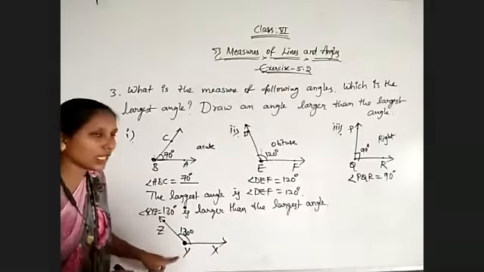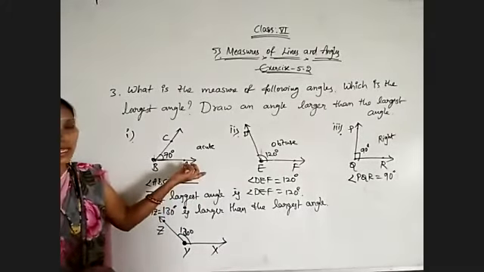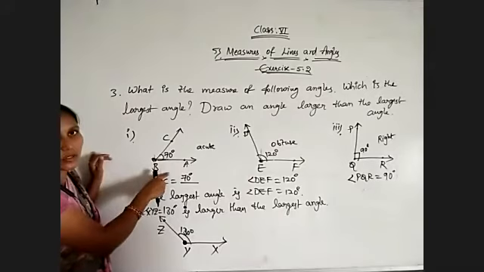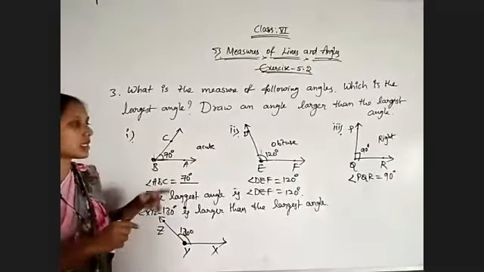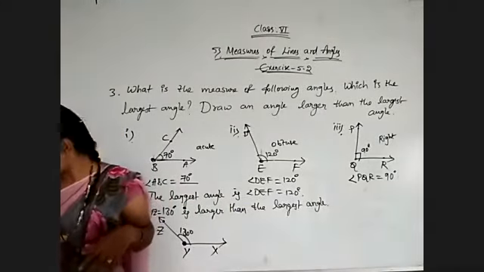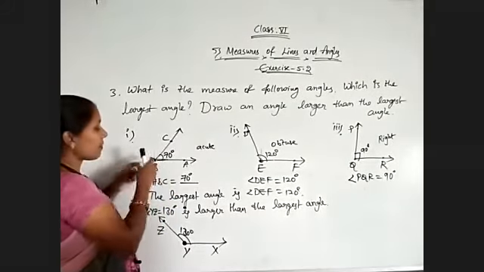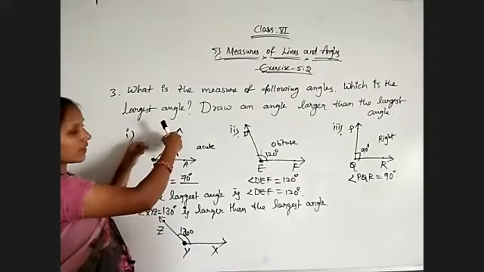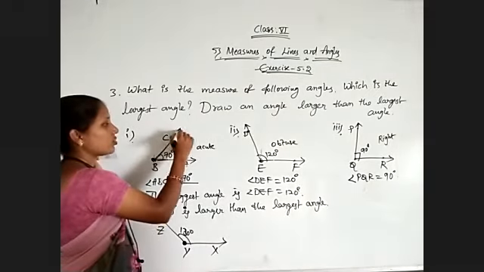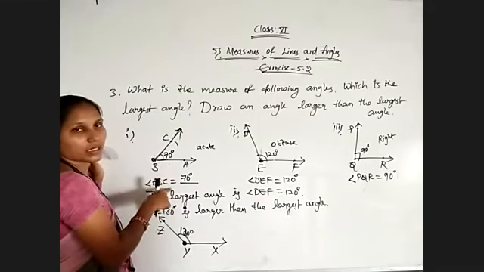So follow the same thing for the construction of 70 degrees, 120 degrees and 90 degrees in your notebook. Actually, in the notebook we can't draw exactly without the instrument, but for the sake of practice, follow the construction steps for 70 degrees, 120 degrees and 90 degrees in your notebook also. What you have to do to construct 70 degrees? First draw BA, set the protractor at B, and using the protractor mark 70 degrees from the inner values. After removing the protractor, join BC. Thus the required angle ABC equal to 70 degrees is formed.